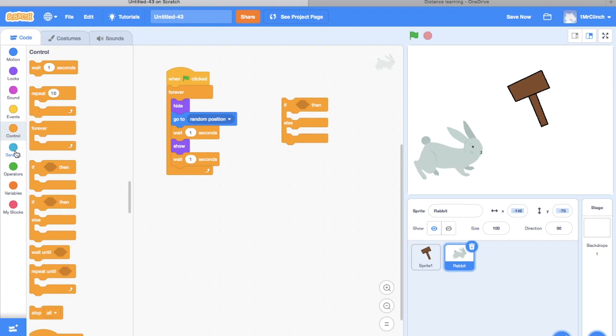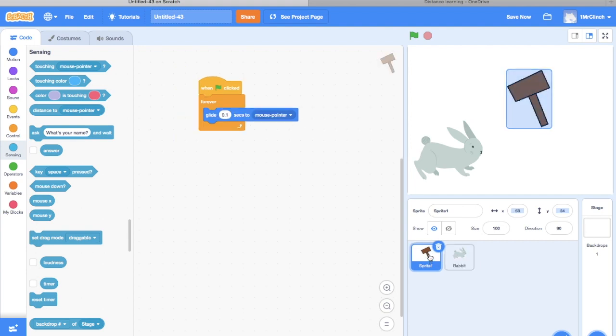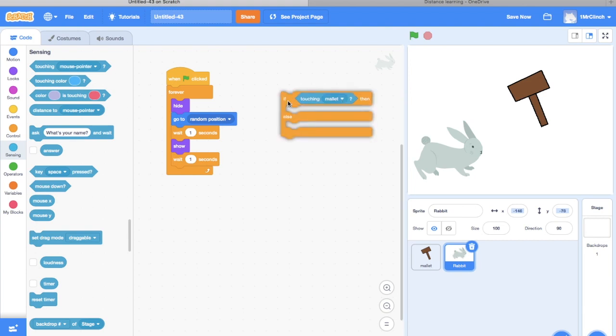So I'm going to go to my sensing here. So if touching, I want to take touching mouse pointer, and I'm going to change it to sprite 1. Now I haven't labeled my hammer sprite. I'm going to call it mallet. So I'm going to rename it mallet. That way when I go back to my rabbit one, it's automatically changed to if touching mallet, and it makes it much less confusing. So if touching mallet, then I want it to